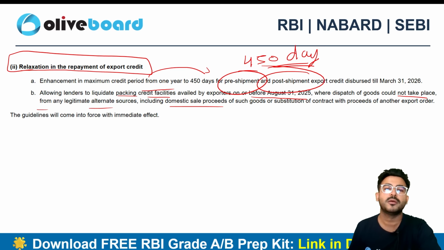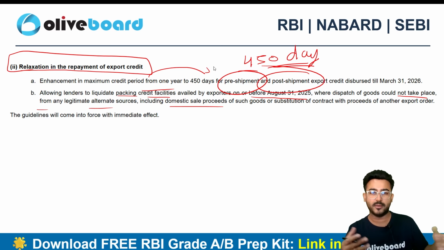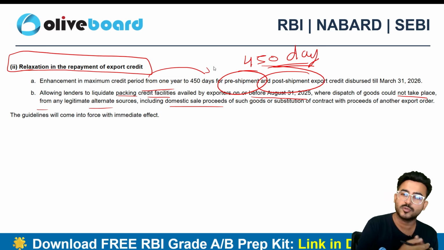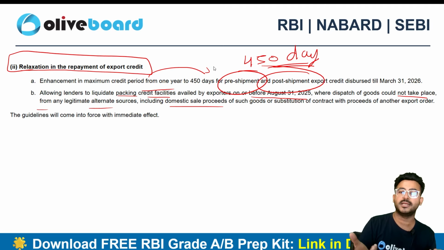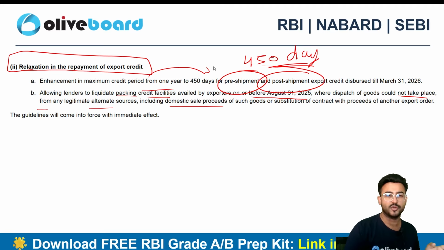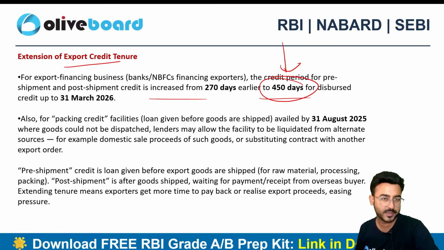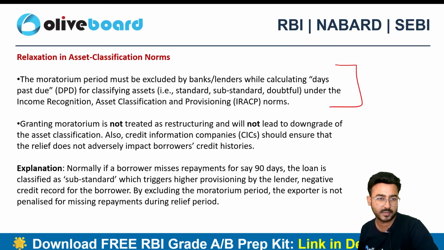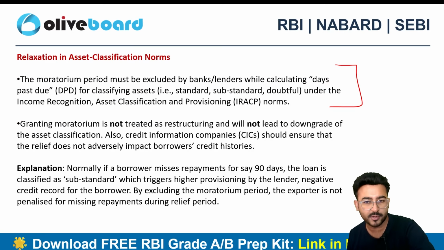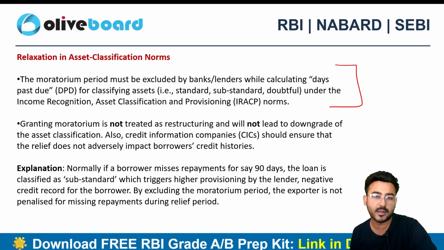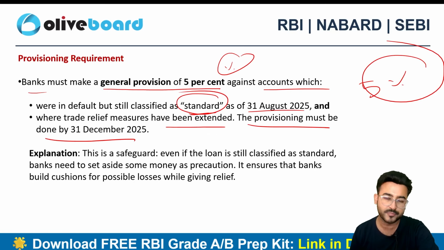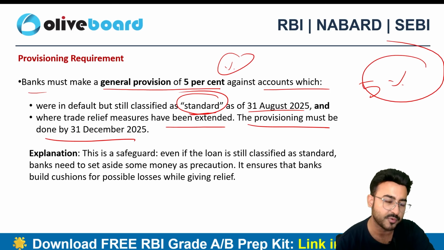अच्छा, और प्री शिपमेंट क्रेडिट था आपका, राइट, आपका अभी तक डिलीवर नहीं हुआ था, तो जो भी पैकिंग फैसिलिटी के आपने क्रेडिट लिया था, उसको आप क्या कर सकते हो, अगर वहां तक आपने नहीं सेंड कर पाए हो, तो आप यहीं उसको बेच के लिक्विडेट कर सकते हो और अपना ऑब्लिगेशन सेटल कर सकते हो, राइट। सो दिस इज वन मोर थिंग। प्लस योर अकाउंट विल नॉट बी क्लासिफाइड एज अ सब स्टैंडर्ड एसेट, इट विल रिमेन स्टैंडर्ड ओनली। दैट इज वन ऑफ द क्राइटेरिया यार एज पर द प्रूडेंशियल नॉर्म्स, क्योंकि मॉरेटोरियम पीरियड को वी नेवर कंसिडर इट इन द एनपीए वाला 90 डेज का क्राइटेरिया, बट आपको 5% का प्रोविजन यहाँ पे बनाना पड़ेगा, दैट्स फॉर द प्रोविजनिंग रिक्वायरमेंट।